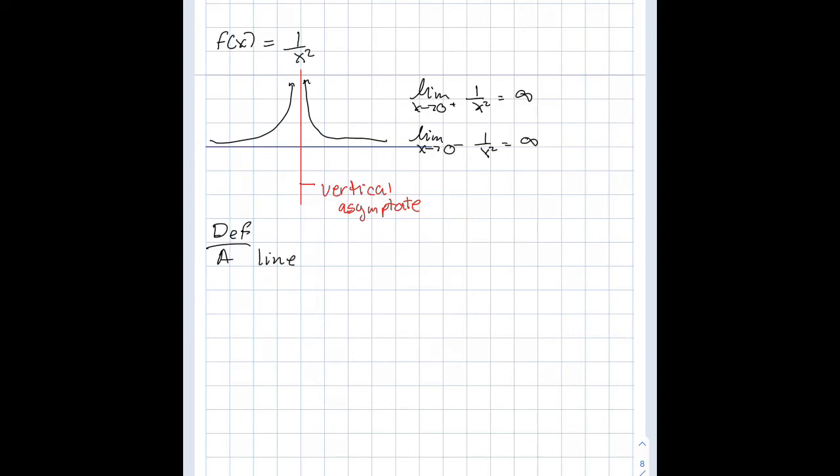So a line x equals a, remember our horizontal asymptote was y equals b, so this is x equals a, is a vertical asymptote of the function f of x